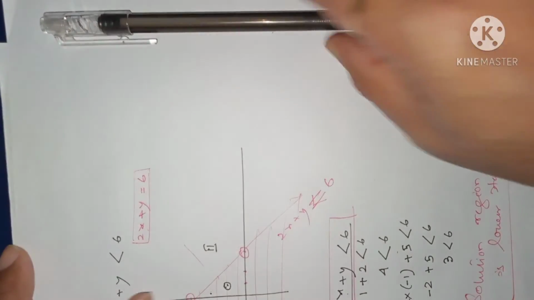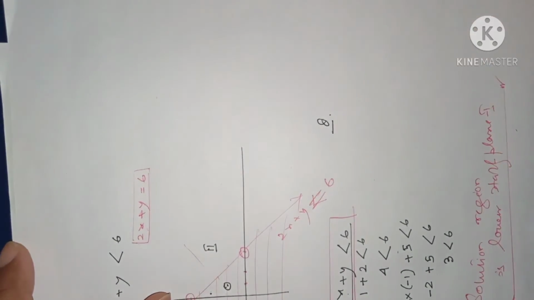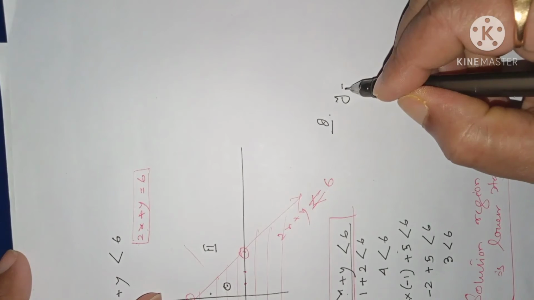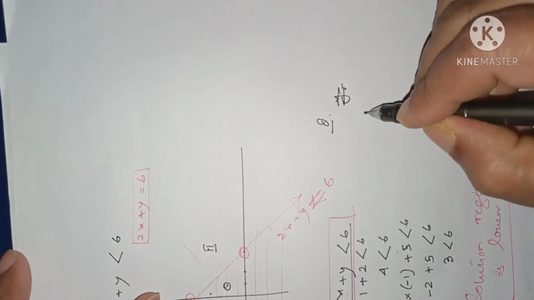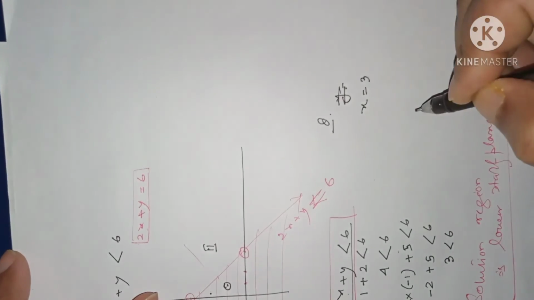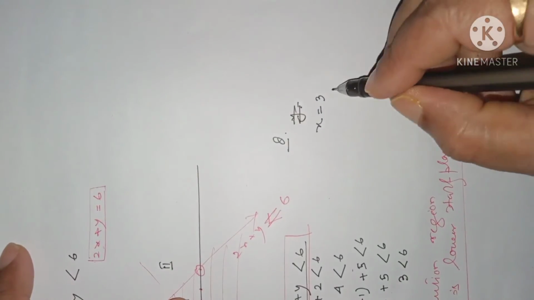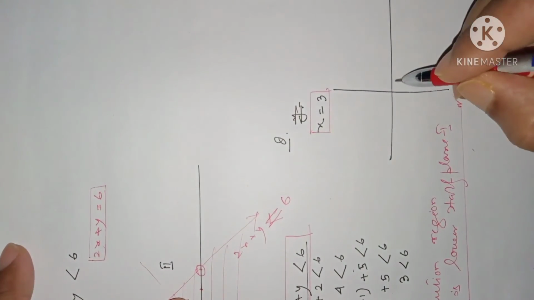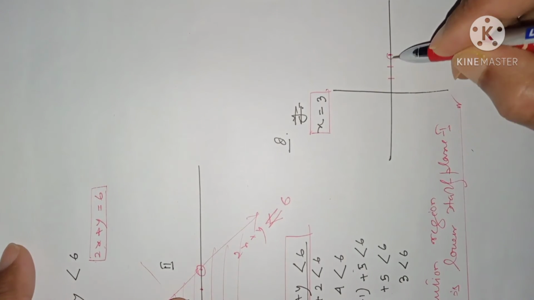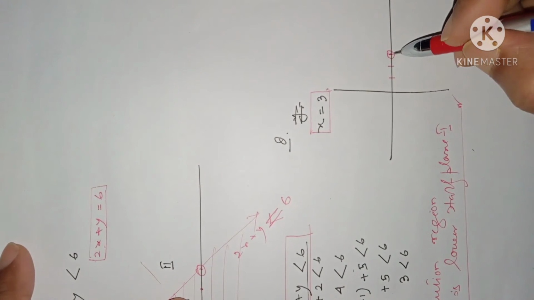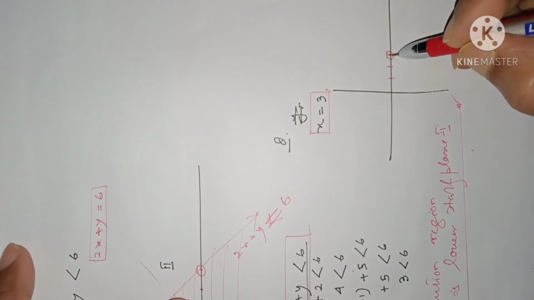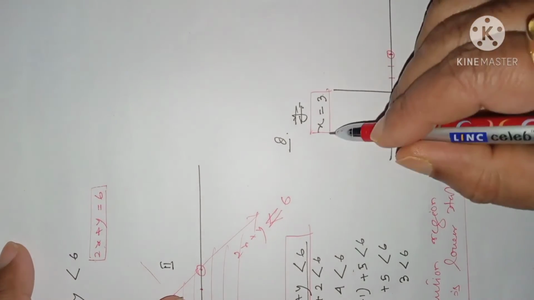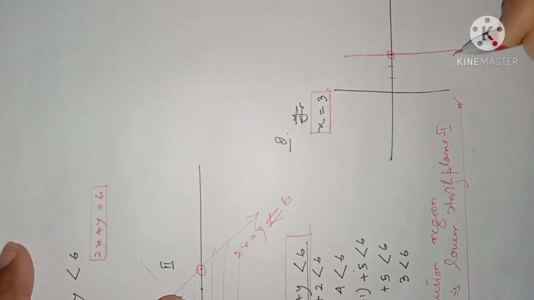One more thing, suppose sometimes you have an equation like this, x is equal to say 3. For this you draw a straight line. When you draw a straight line for this equation, x equal to 3, that means 1, 2, 3 here. The straight line is passing through x equal to 3, 0. Y is not there. Y means any number can be considered for y. That is, for this equation, the straight line will be this one, vertical one.